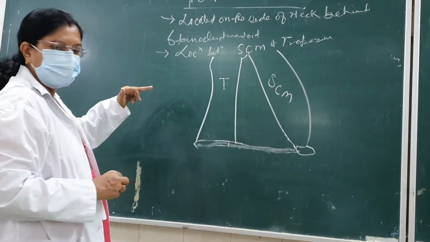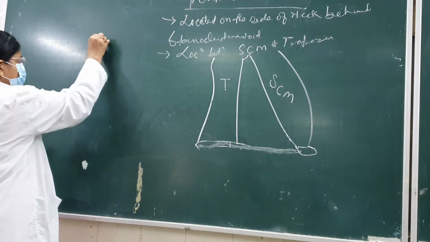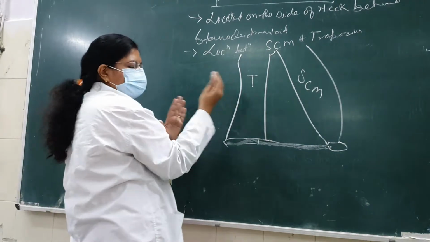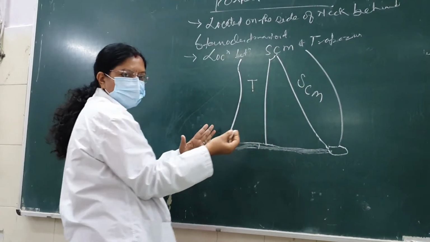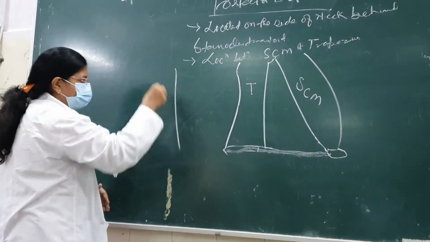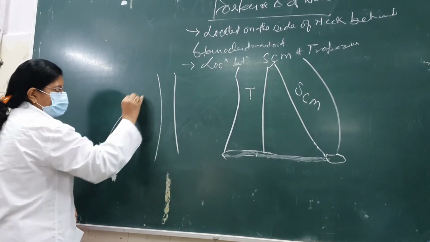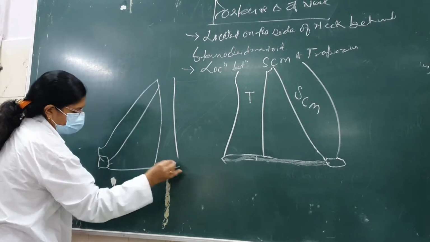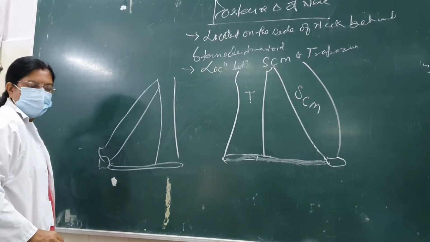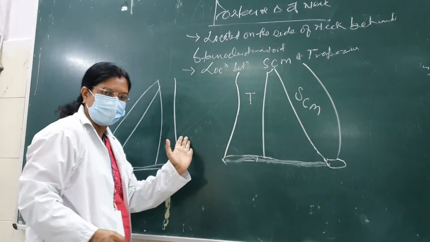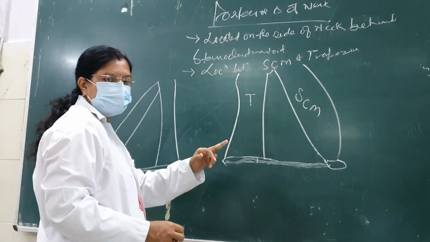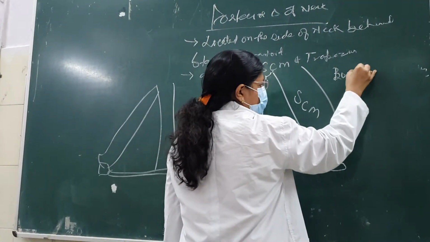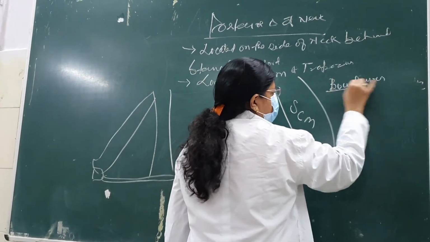We have to know the boundary. Like in this diagram, the trapezius is on this side, so don't get confused. If you draw here also, the trapezius will be there, the sternocleidomastoid will be there, and here will be the manubrium, and here will be your clavicle. Same thing, just right and left. So what are the boundaries? Boundaries are very easy. You can easily make them out.